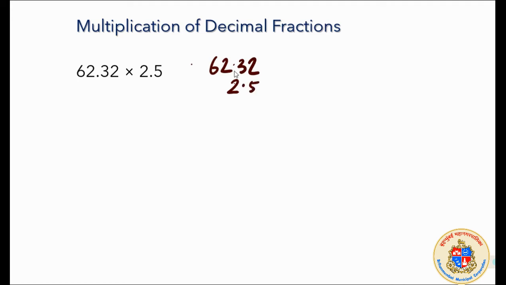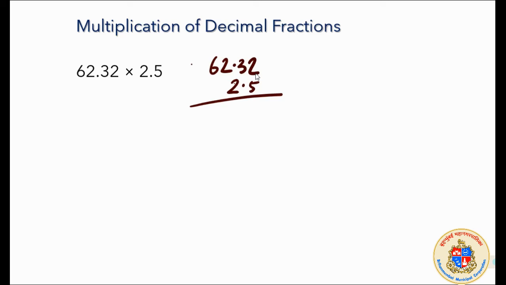we will write without considering these decimal. Decimal के बारे में अभी सोचेगा ही नहीं. We don't have to bother about decimal now. We will bother about decimal only when we finally project the answer. That is the technique. Projecting the answer means you will write the answer. तभी आप सोचेंगे decimal के बारे में. Understood? Here we have to multiply simply 6232, I would say, with the